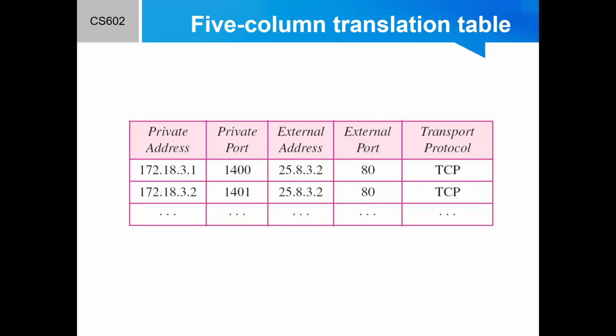Note that when the response from HTTP comes back, the combination of source address and the destination port number defines the private network host to which the response should be directed. Note also that for this translation to work, the temporary port numbers 1400 and 1401, in this picture, must be unique.